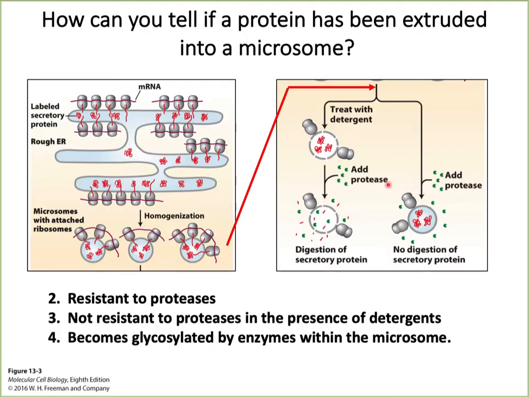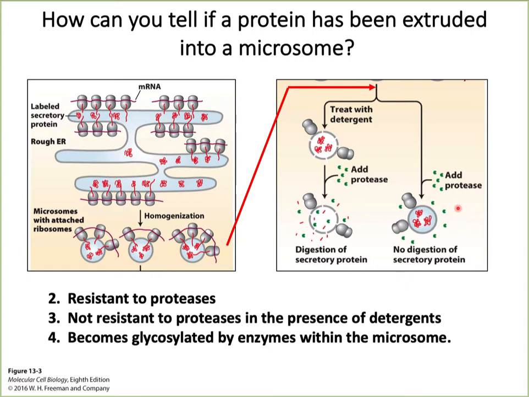The other characteristic of the proteins that have been translocated into the microsome is that they will be resistant to proteases, or they will not be resistant to proteases in the presence of detergent. So let's take a look at that. Let's say you have allowed the synthesis of the secretory protein to go on in some kind of cells in culture. You isolate the microsomes by homogenizing the cells. And as you can see right here, if you add protease to these isolated microsomes, they are protected by the microsomal membrane,